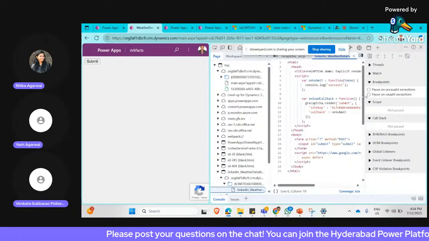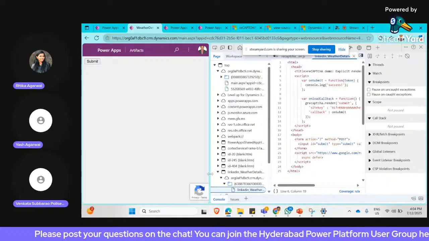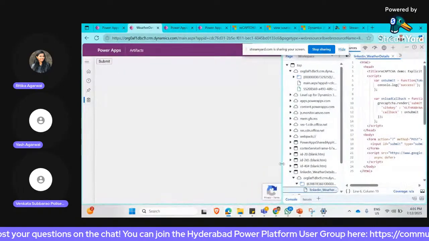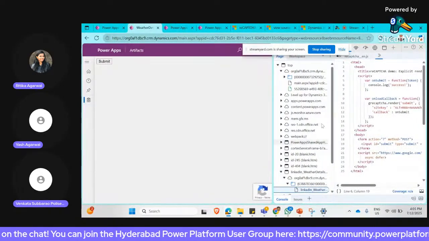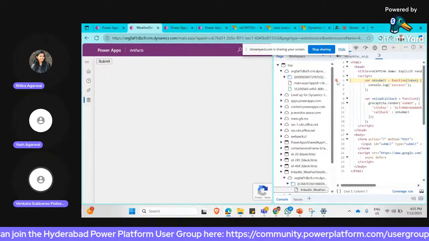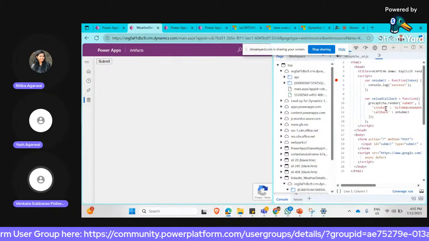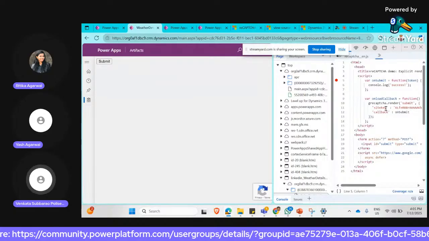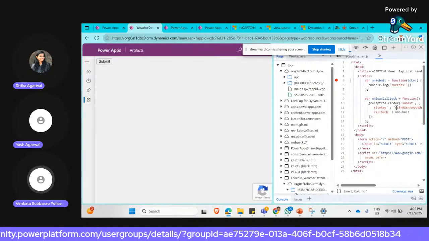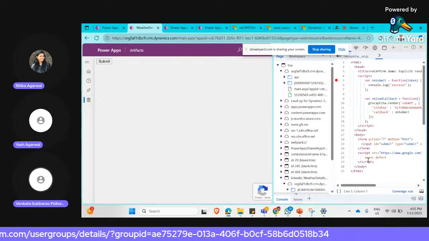The main important thing here is this particular token. It is always based upon this particular site key. So what it will do is go to this particular